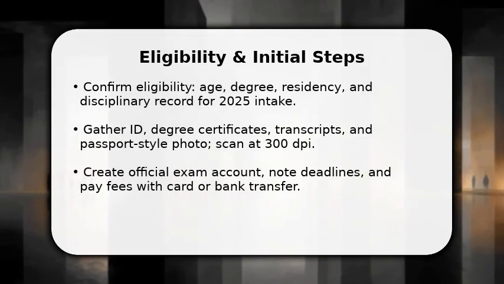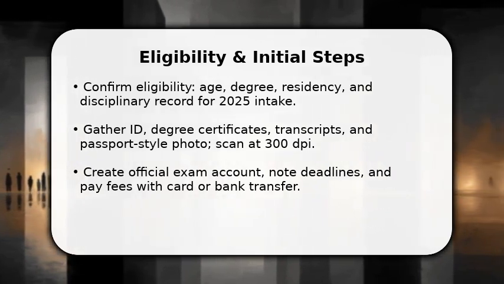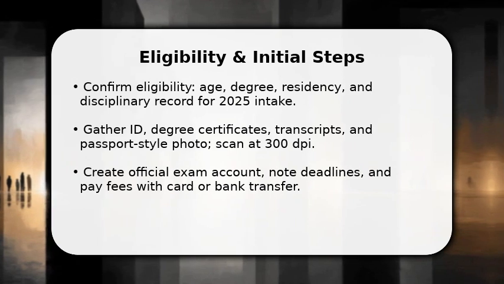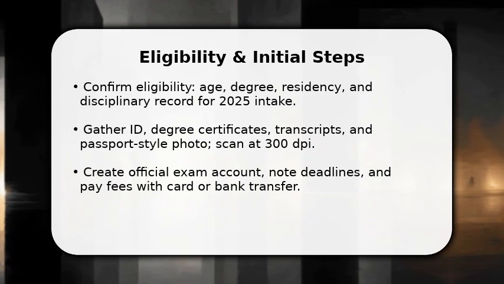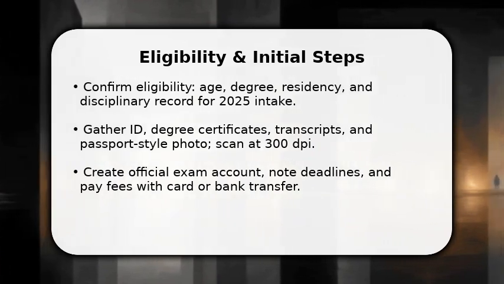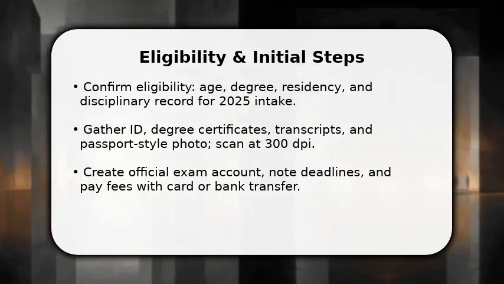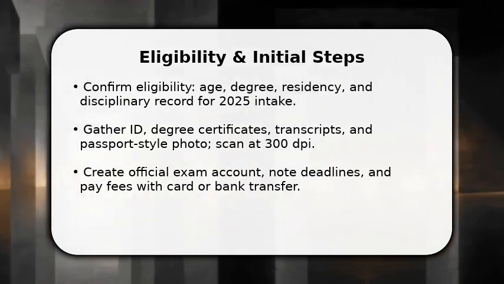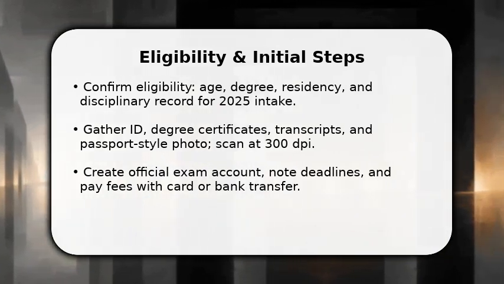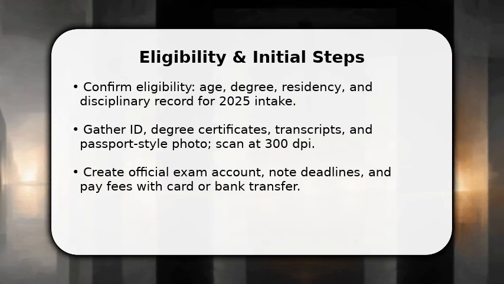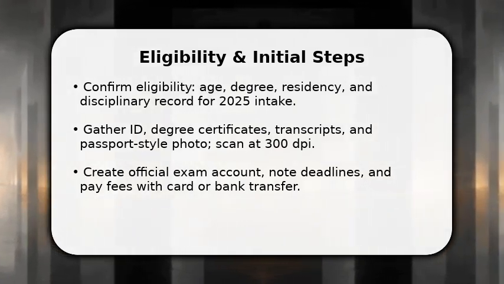You start by confirming eligibility, age, degree completion, and clean disciplinary record, because missing one item stops your application. Next, collect official documents, ID, degree certificate, transcripts, and a 300 DPI passport photo. Scan them clearly. Once scanned, create the exam account on the official portal and complete profile fields exactly as on your ID. Make payment by card or bank transfer, then save the receipt. This first push locks in your slot and prevents last